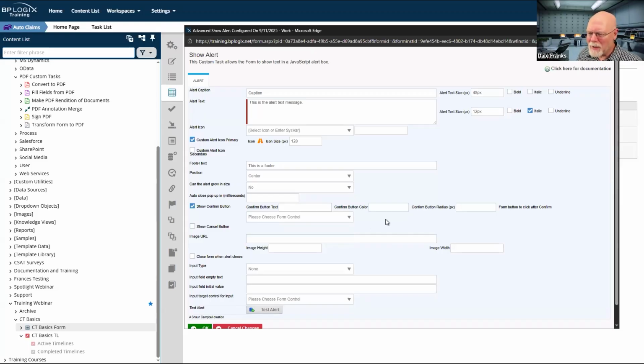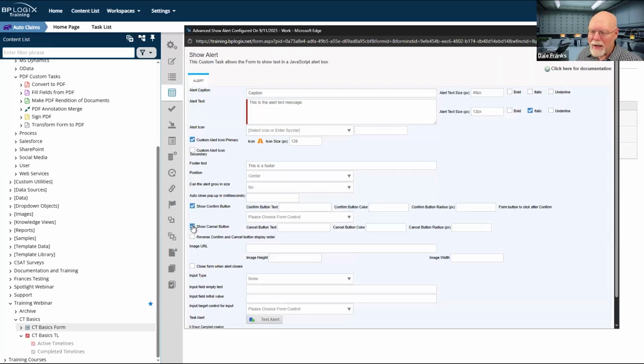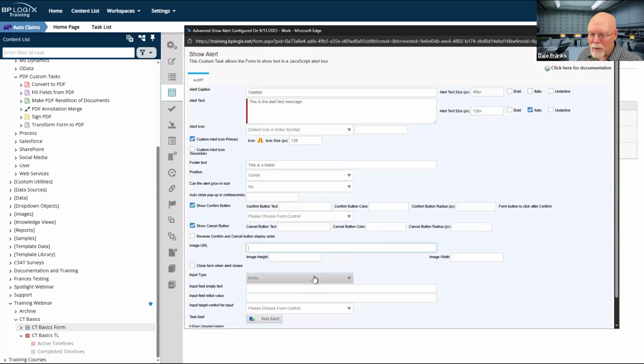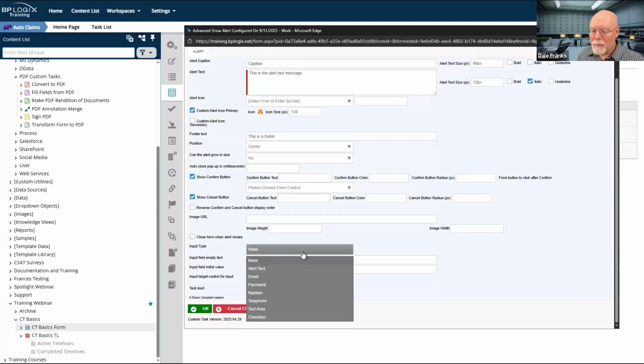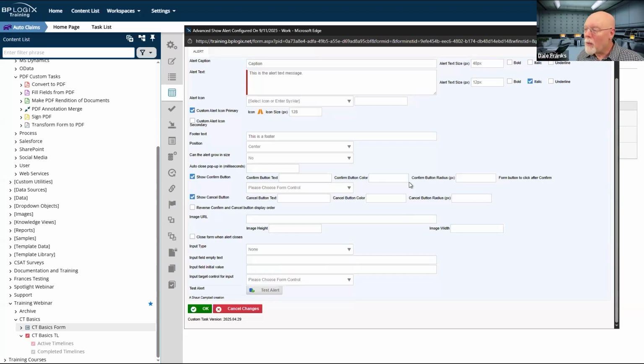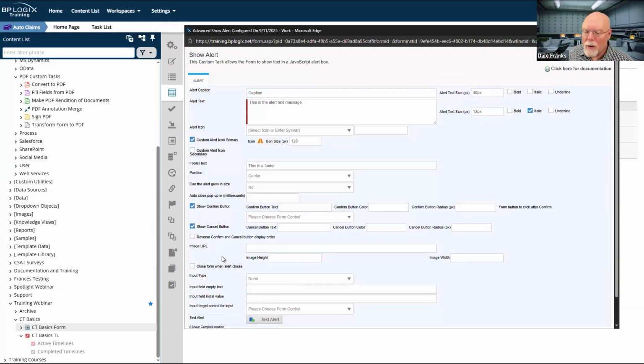I'd have to look at the documentation myself. It has been a while since I've used this one. You can also add a cancel button and do the same thing. You can add an image to the alert box. And most importantly, you can click a button for whenever I can also add input fields too to the alert box. There's also,